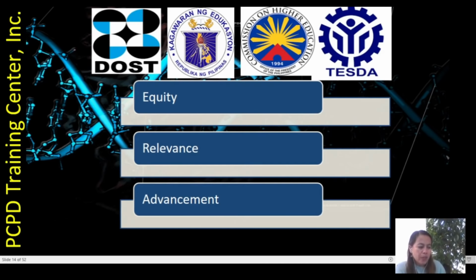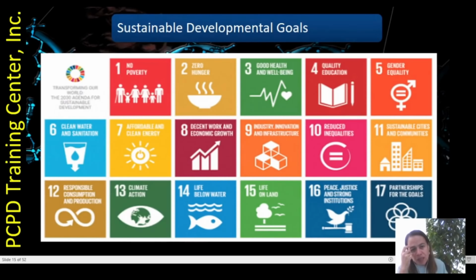So alongside the pandemic that we are experiencing, we need to also take a look at the other sides. It's not only about ICT. Everything should be balanced so that we can gauge the best learning experience for our students in the school we are leaving. So, as a matter of fact, the vision and mission